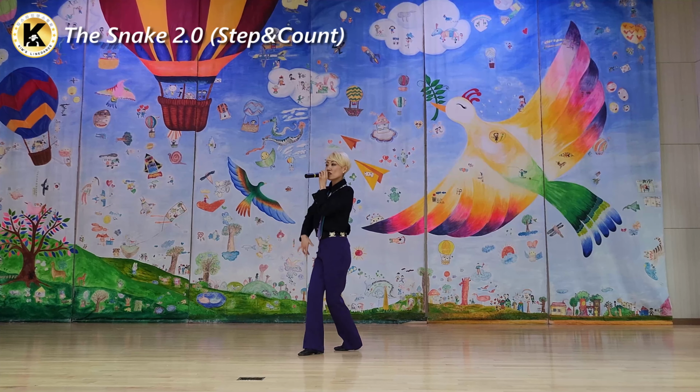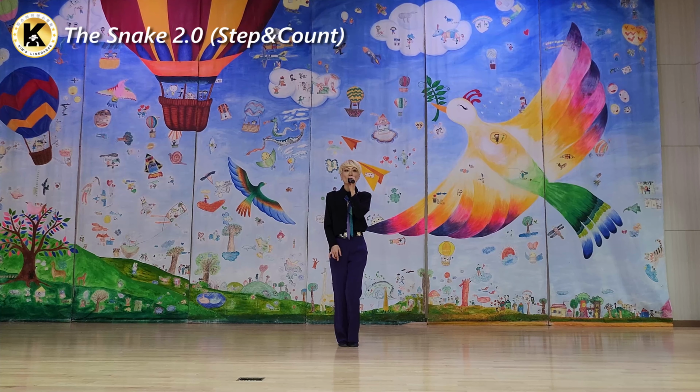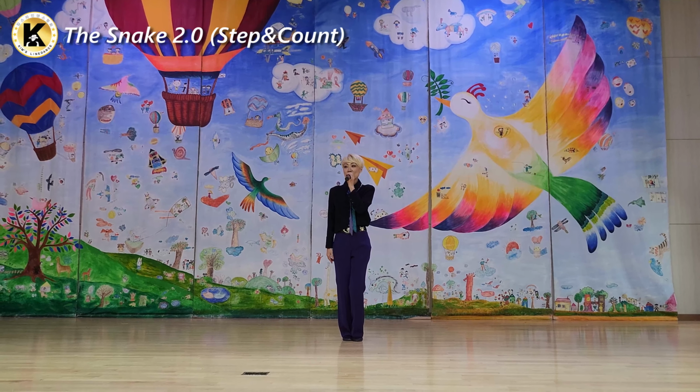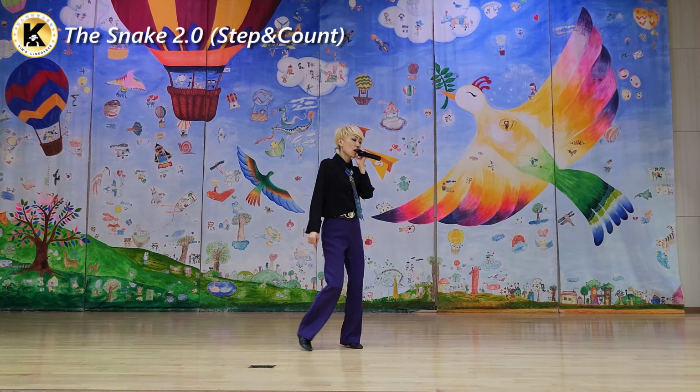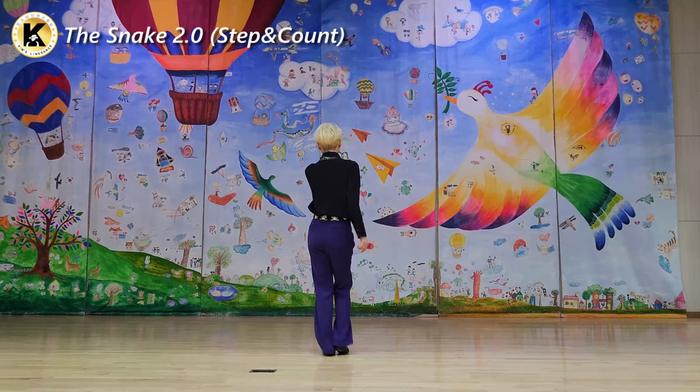락에 뒤 4분의 1 왼발 피벗 모으고 두 번째 스타트 시작 1, 2 and 3, 4, 5, 6, 7 고데기